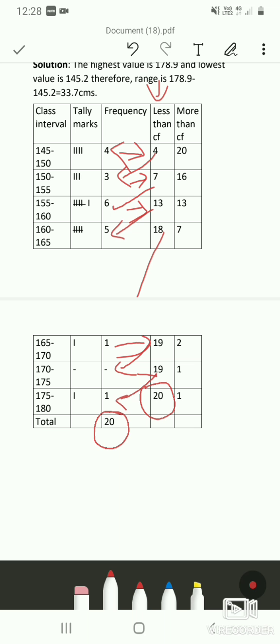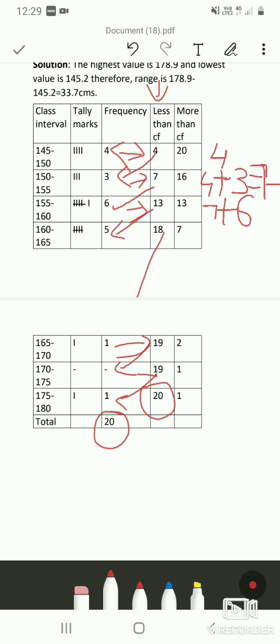Let me quickly revise. For less than cumulative frequency, the first term will always be the same. Then you have to add the successive frequencies, that is 4 plus 3, which is 7. The next will be 7 plus 6, which is 13.